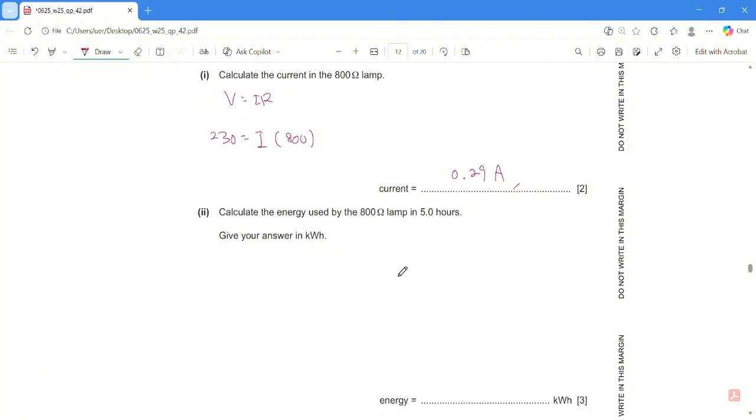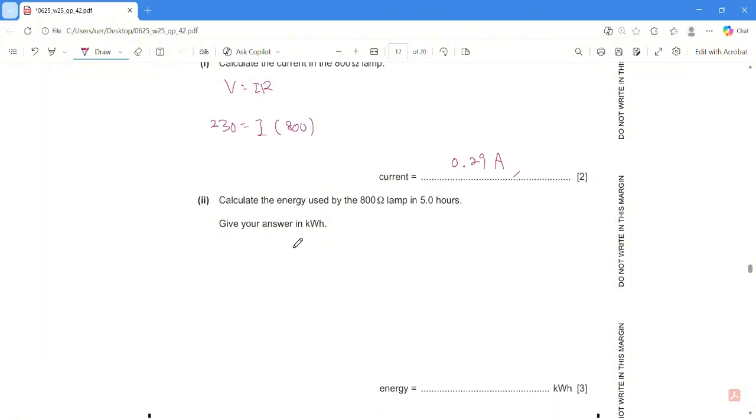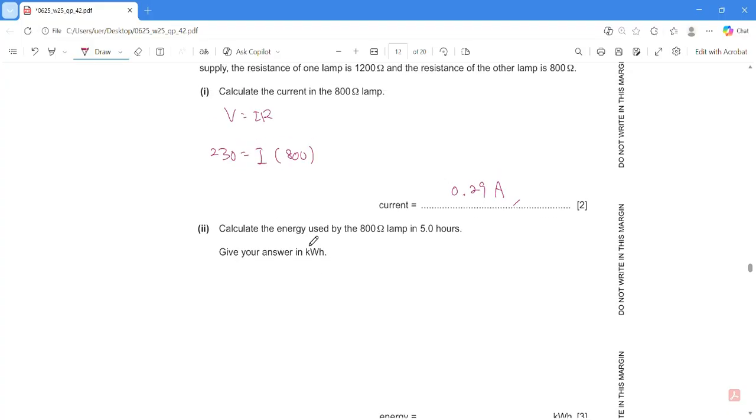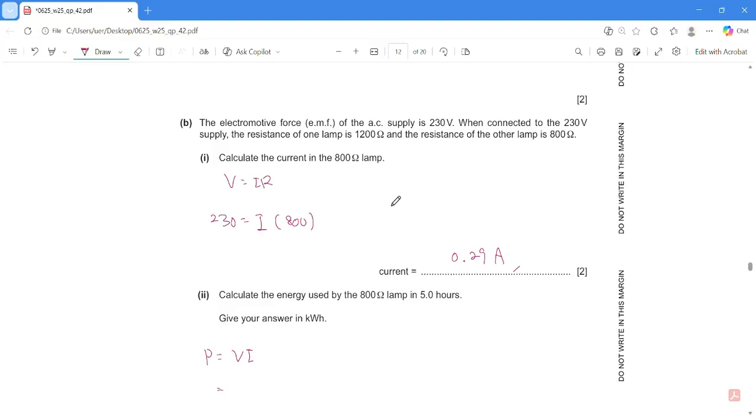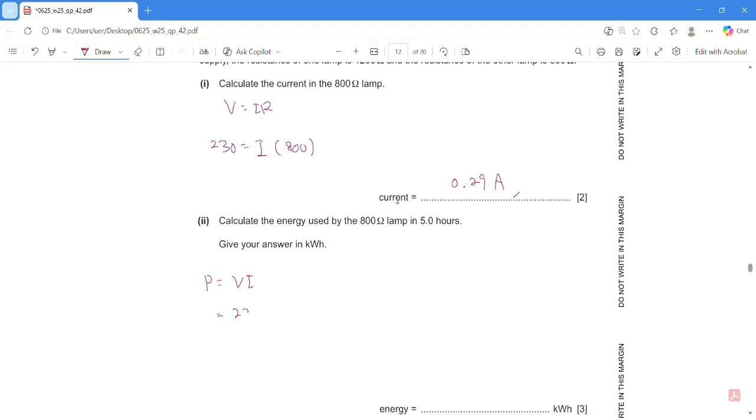Number 2, calculate the energy used in 5 hours. Give your answer in kilowatt hour. Okay, so for this one, let's find the power first. P equals VI. And what's my V again? 230. And the current 0.29. So we should get the answer